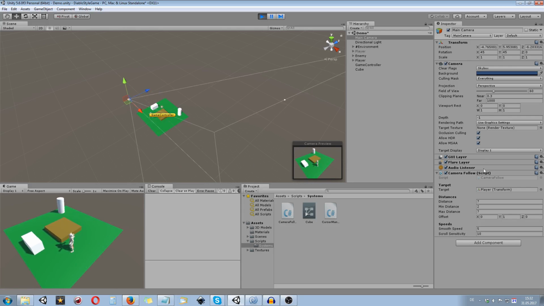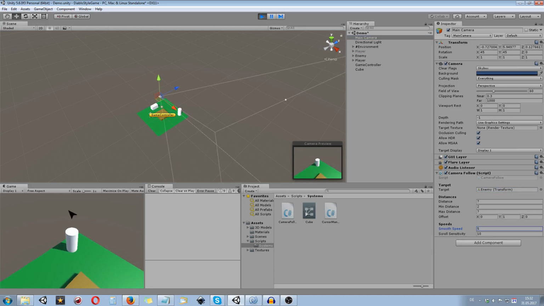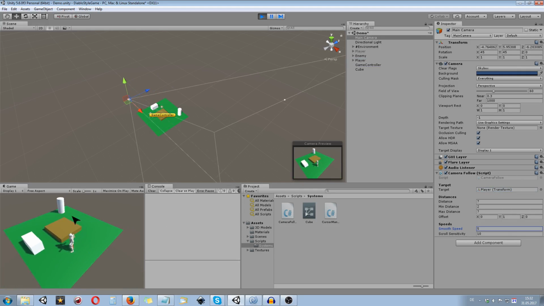Let's assume we drag in an enemy while the game is running into that target slot. Please check what's happening in here. I just drag in our enemy. What you can see, it automatically goes smoothly to the enemy, and we can do whatever we like when we are telling any story. And then when the conversation is ended, we're gonna go back to our character, for example, and that's